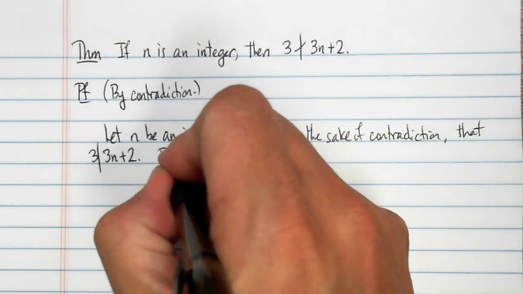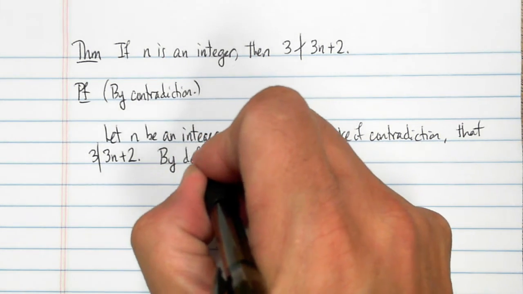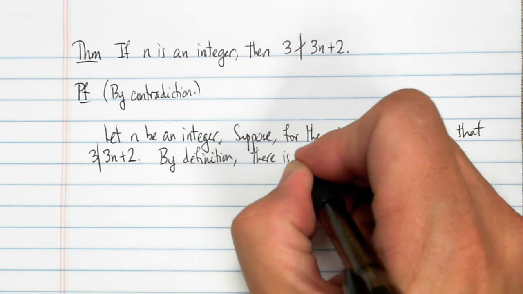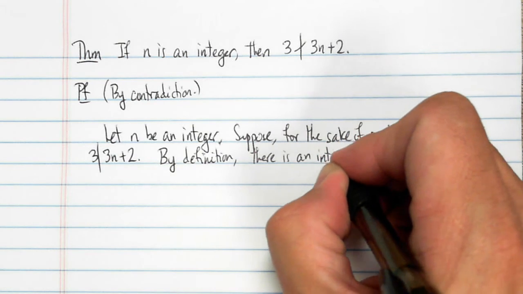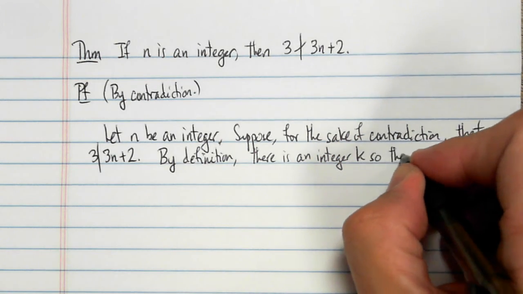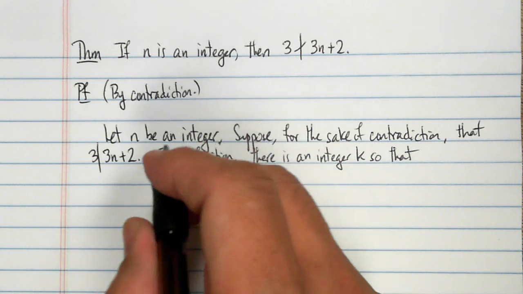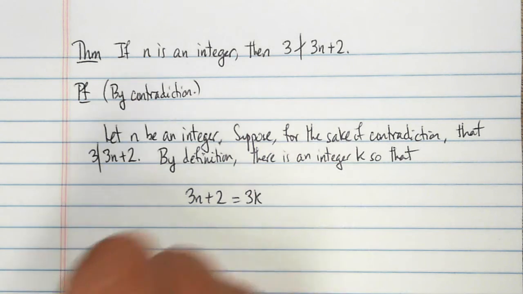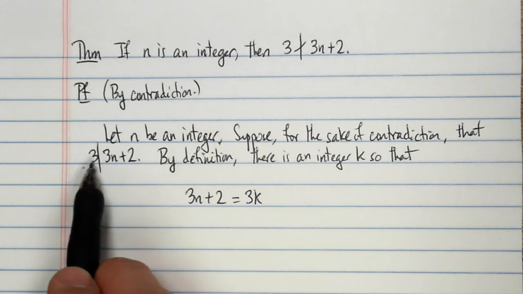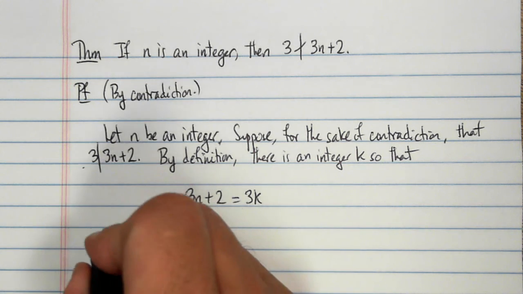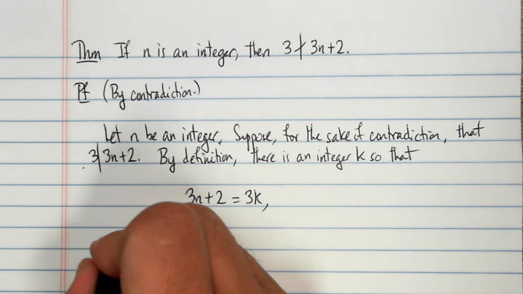So by definition, there is an integer k so that 3n plus 2 is equal to 3k. So if 3 divides 3n plus 2, that means 3n plus 2 is equal to 3 times some integer. So that,